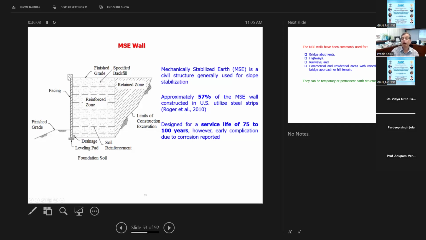So here, you see approximately 57% of MSE walls constructed in the US utilize metal strip. Although we know that it's going to corrode, still in the US, 57% use steel metal strip. Service life is